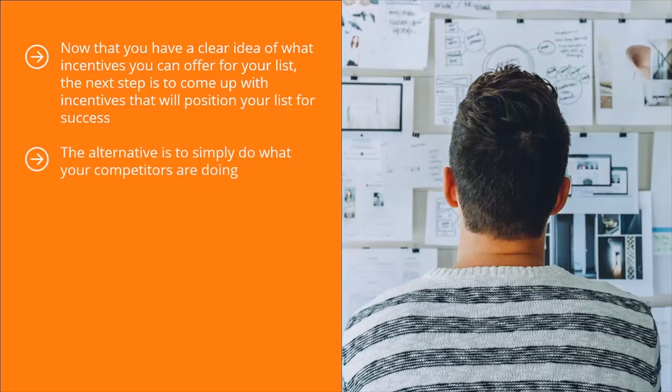The alternative is to simply do what your competitors are doing. Pay attention to their incentives. Reverse engineer your competitors' incentives. Start with the industry standard incentive type by signing up to your competitors' mailing lists. Get a copy of their incentives. Study their materials very closely. Try to figure out their strong points and their weak points. Come up with something better by offering the same strong points while at the same time avoiding any of the